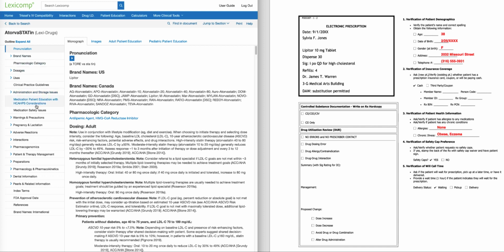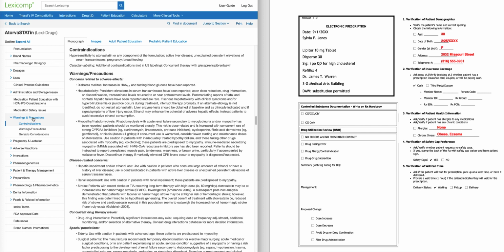At this point, the section that you're going to want to look at for this is warnings and precautions. So if I click on warnings and precautions, I can click here and see contraindications. And again, this is the main part that I want you to do. It could also be a precaution or a warning, but we're really looking for a drug that absolutely should not be given to this patient. So look right here under contraindications for atorvastatin, which is the generic name for Lipitor. It says